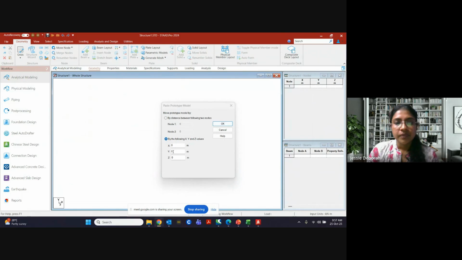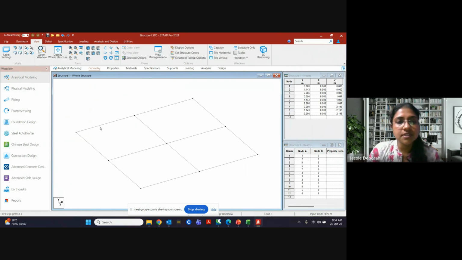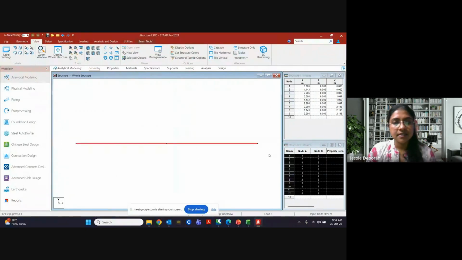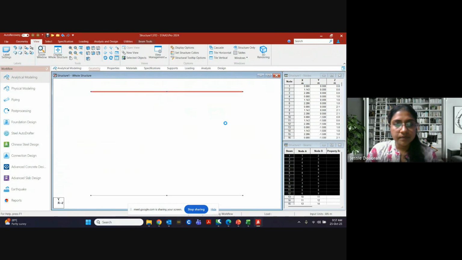Yes. Now here, how are we going to paste it? We are going to paste it at 0, 0, 0. Okay. Right. So now this is done. Now this is the basic plinth beam. So what we will do is select this, Control C, Control V. I want foundation at 1.5 meter below ground. So I will give 1.5 meter below ground, and I will say OK.